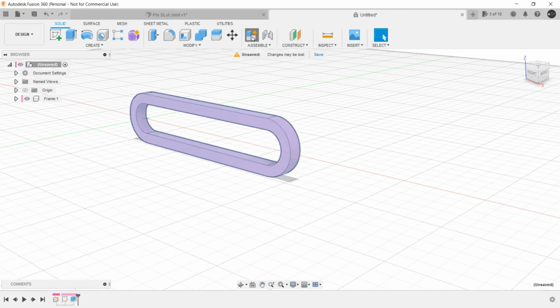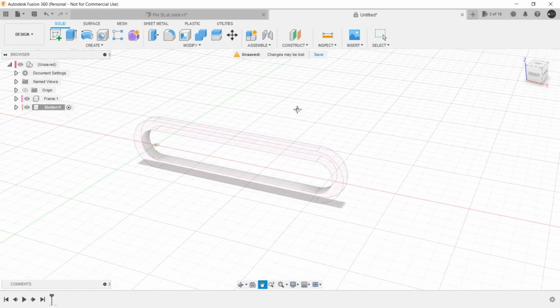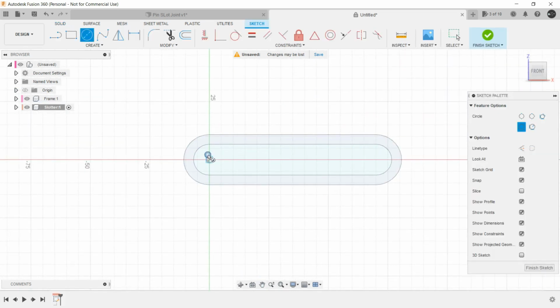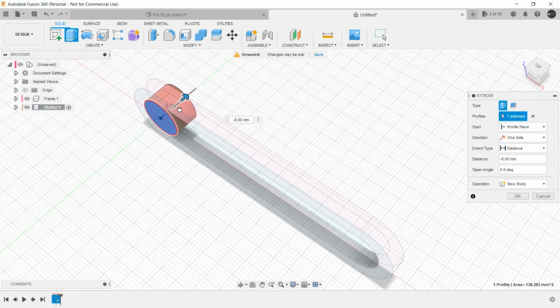Now create another component. Let's name it Slotter. And for this one, select this particular face, create a circle. Let's snap to this, finish the sketch, just extrude it outwards,